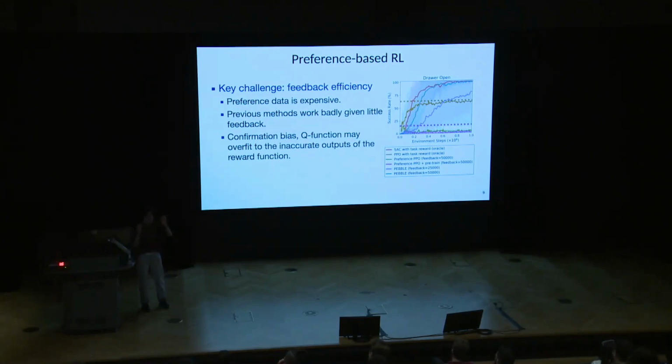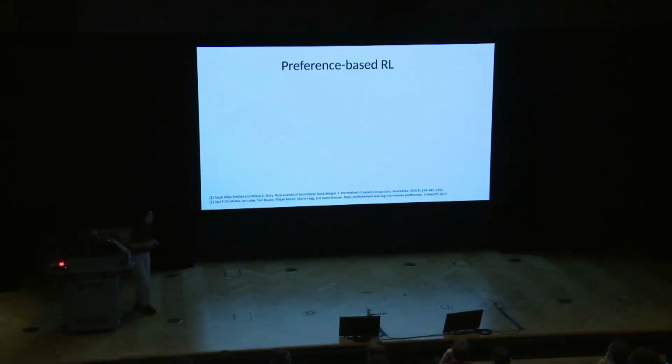So we have less sufficient data, and we train an inaccurate reward function, and then based on the inaccurate reward function, we train an inaccurate Q function, or state-action value function, that provides inaccurate evaluation of the agent's actions. Motivated by this, we slightly changed the learning objective for preference-based RL, and we generated an algorithm that is much more feedback efficient.